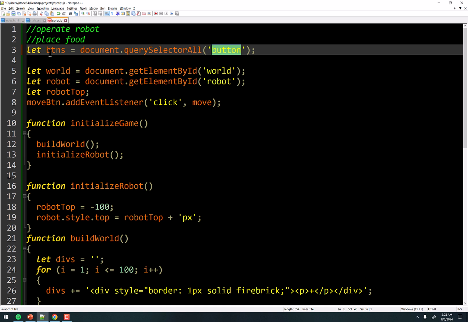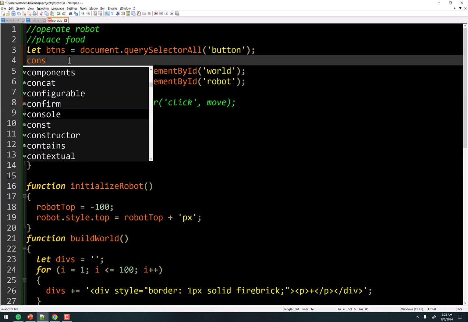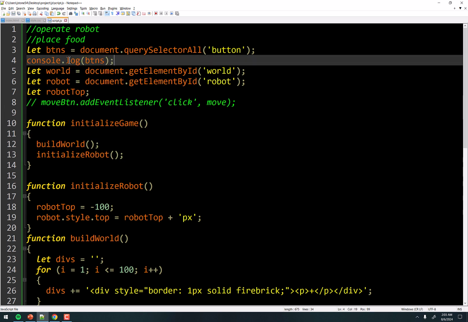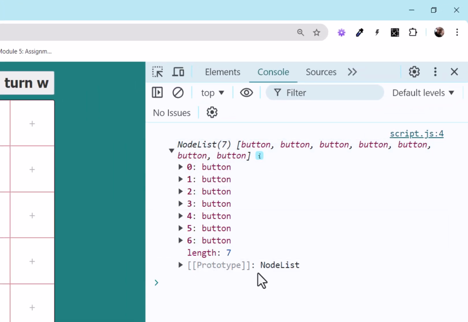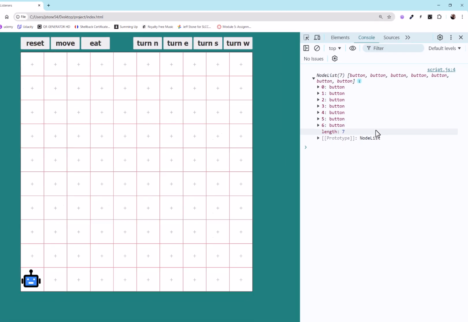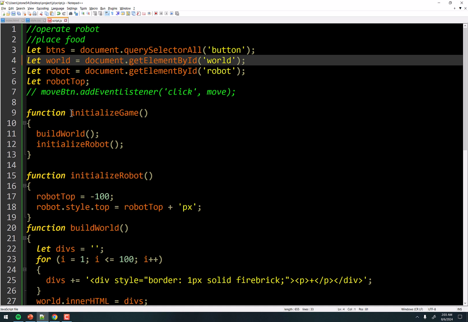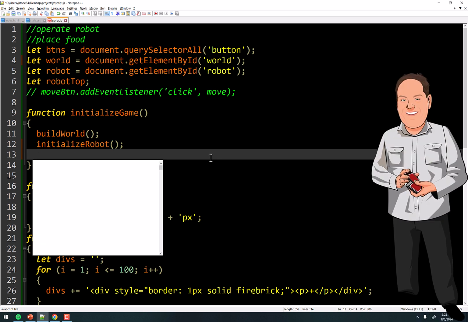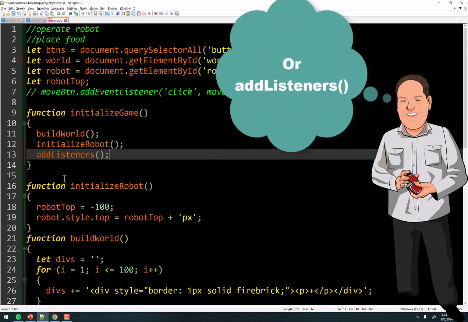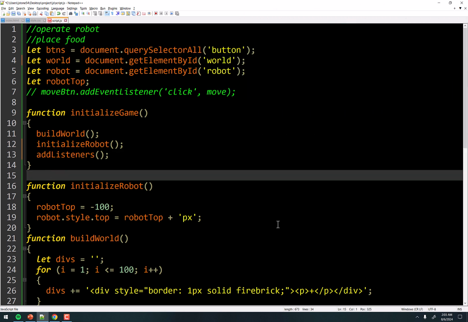So now I have buttons here, and it's just all of the buttons. And just to prove that, let's get rid of that for a moment because that doesn't exist anymore. Console.log btns, right? And when I refresh, I now have all the buttons here, okay? So now I can just loop through this array and add an event listener to it, no problem. So let's do that when we initialize the game. Maybe we'll make a function called attach events or something like that, and we'll do that in a function. That function will just loop through this array right here and attach the event listener to all of the buttons.